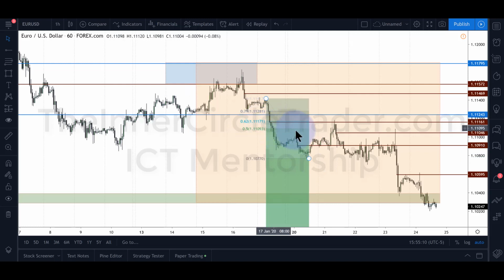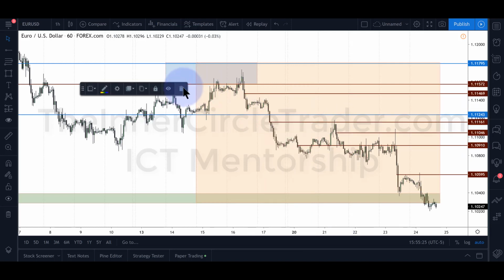Here's 50. Is that fair value gap at the premium? No, it's not even at equilibrium. But this one is. And we're inside of this fair value gap. So this one now is nice. On what day of the week? Tuesday. Oh, wow. So now we have a couple factors here.